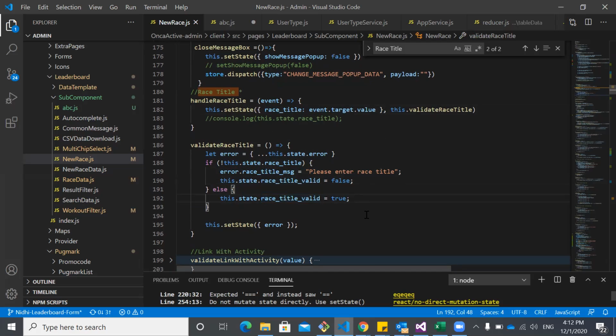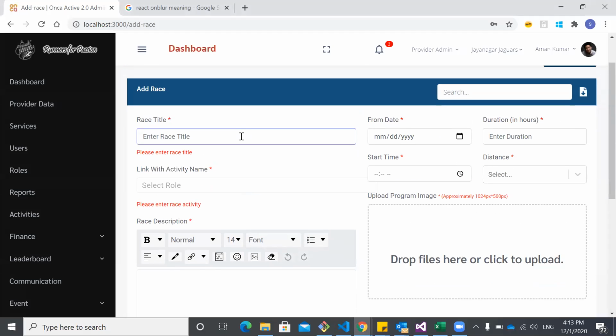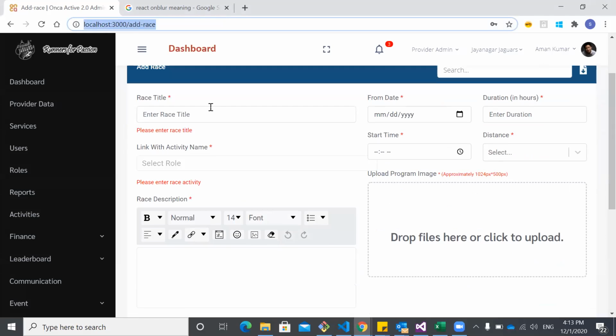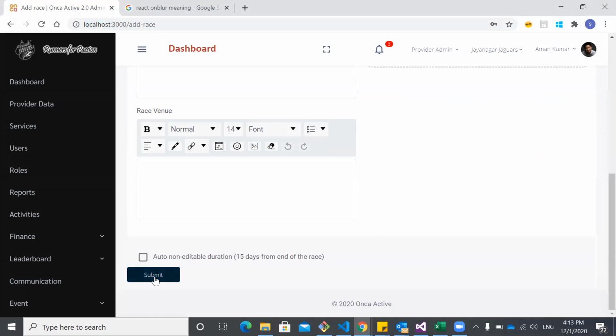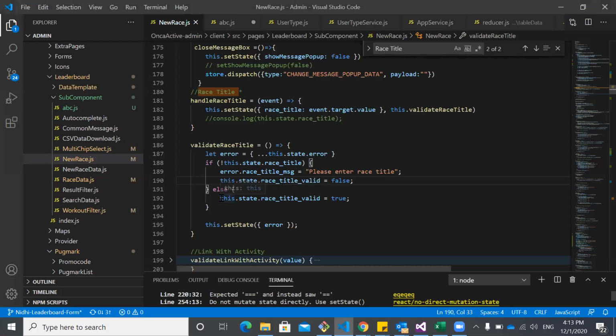And ma'am, rest title valid is in the state of this whole component. Yes, we are going to check this while submitting the entire form. The form validation we are talking about is the on-change functionality. At the same time, if someone comes to this form and, instead of typing into any input field, directly clicks the submit button, then on that functionality also we have to check whether this rest title contains any value or not. Yes, correct, ma'am. For that we set this variable true or false.